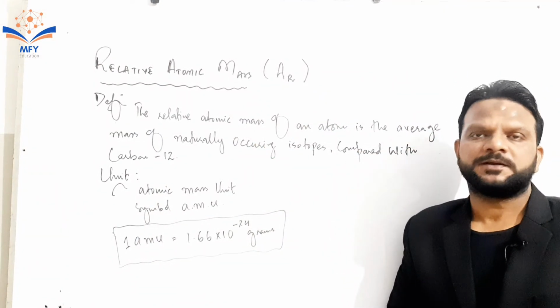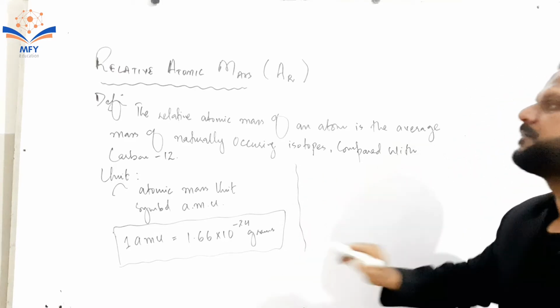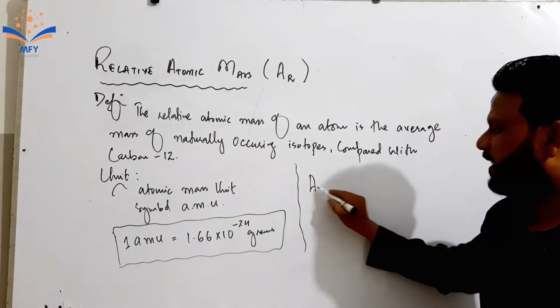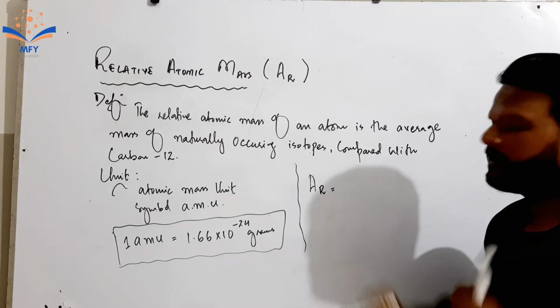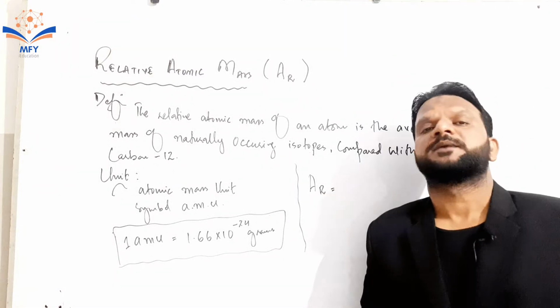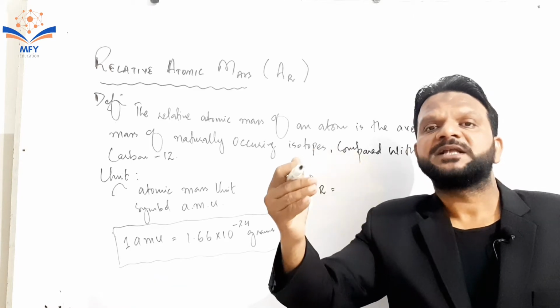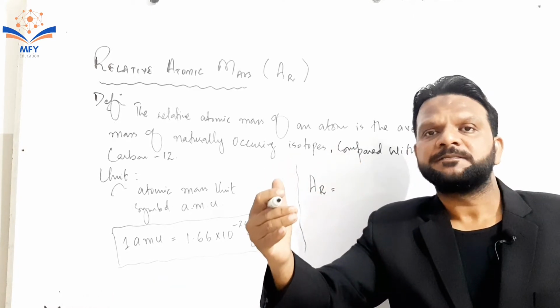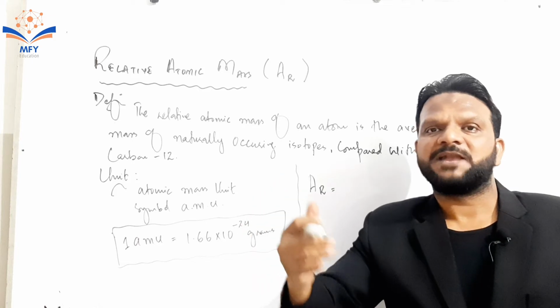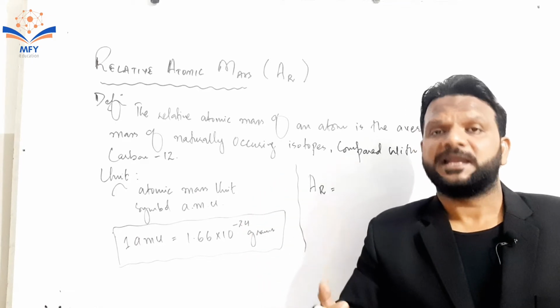Now we have a formula. How can we calculate a relative atomic mass represented by AR? AR is a relative atomic mass. Relative atomic mass is the ratio between the average mass of one atom of the element